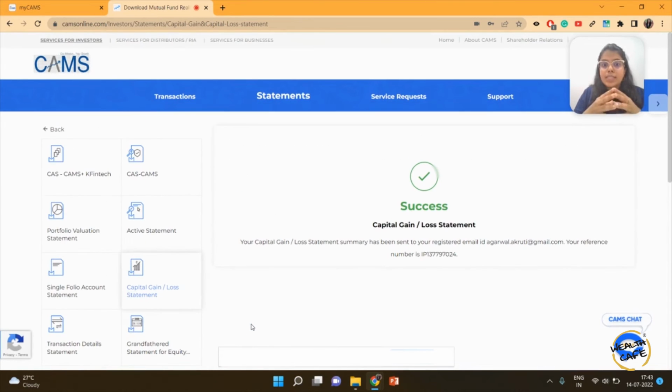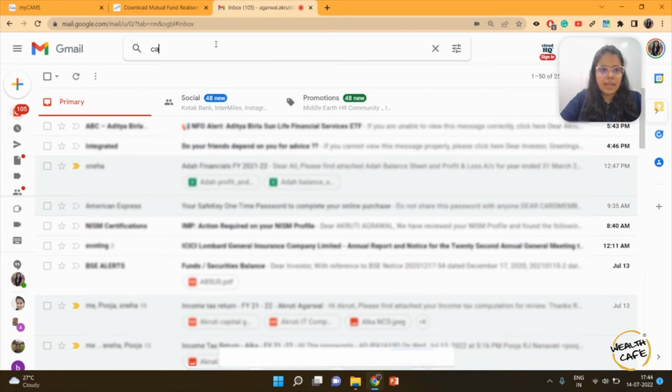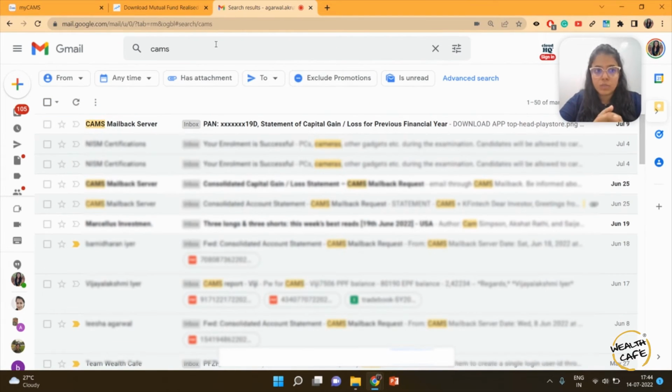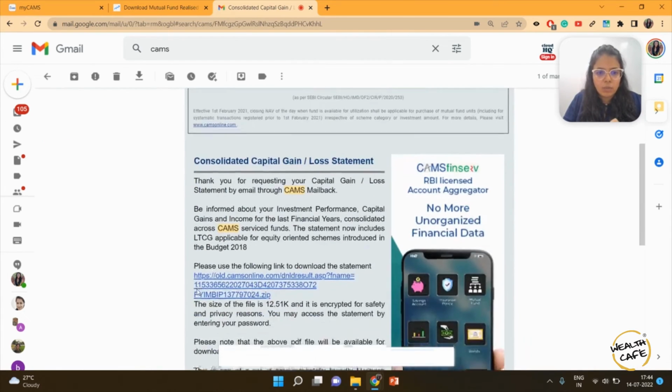Now once you click on the submit button, it will say that it has been sent to your registered email ID. So let me just quickly open my registered email ID, right, and search for emails from CAMS. So I go to CAMS and see my statement, and I see that I've got my latest consolidated capital gains statement.